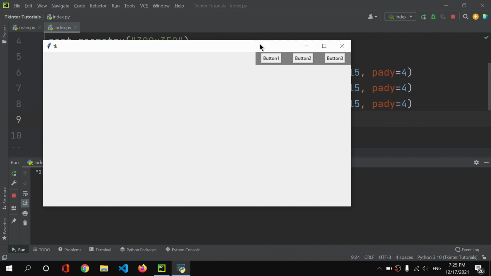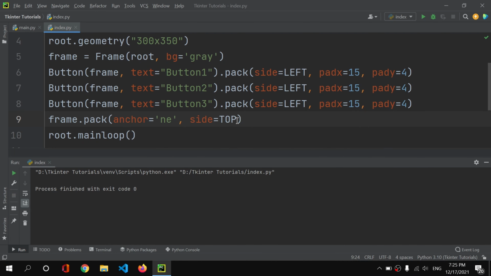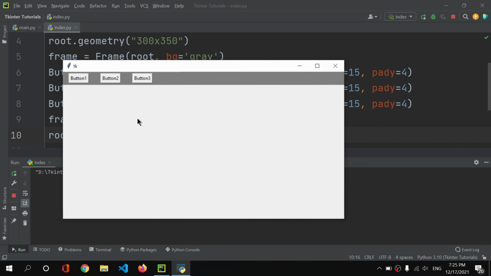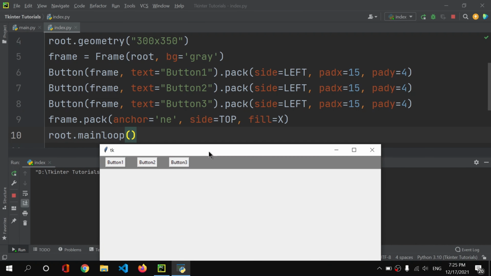Then what we can actually do is add this fill property in here. So fill equals x. That means we have this fill property, which will make our frame fill towards the x line, or the x graph. Okay, what do we call it, x axis. I suddenly remembered it, we call it axis. So now this frame is filled along this x axis.